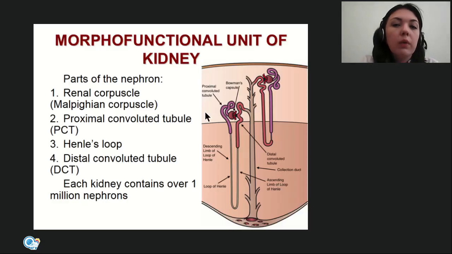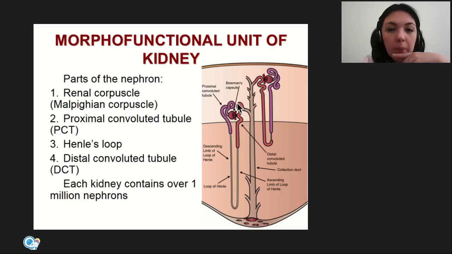The renal corpuscle is formed by Bowman's capsule and glomerulus. It is responsible for the first stage of urine formation, that is filtration. We'll talk about it a little bit later. And then all of these tubules are responsible for reabsorption and secretion, the second and third stages of